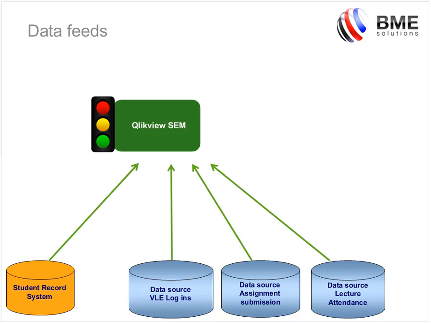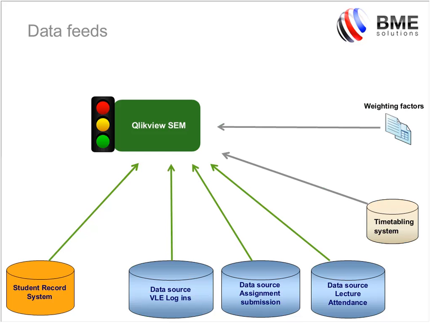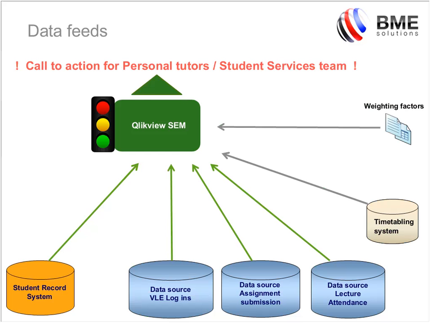You then got your different engagement types, and in the demo we've stuck to just 3 sources of engagement: daily logins, assignment submissions and lecture attendance. The timetabling system will also feed into Qlikview, so we can measure where a student is actually missing lectures or assignments. The weighting factors we brought in, but most importantly, once the data is fed through this application, it will